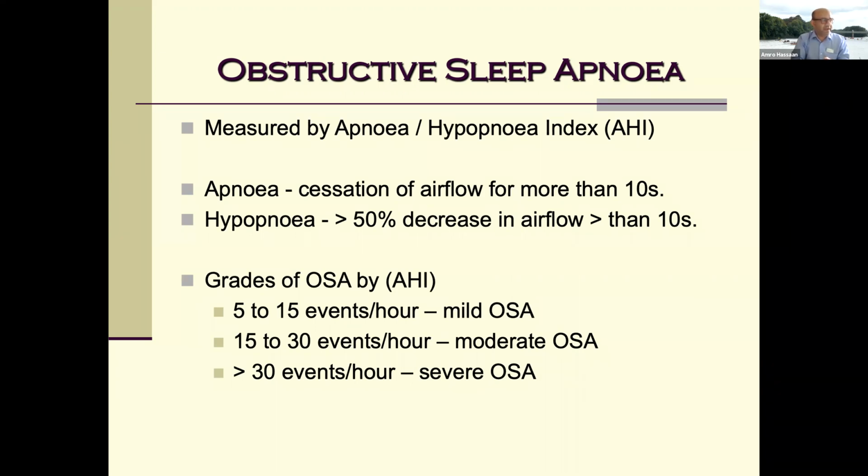The apnea-hypopnea index is measured in the number of times per hour. So if you're obstructing less than 5 times an hour, that's normal, apparently. From 5 to 15 per hour is termed mild, 15 to 30 moderate, and over 30 events per hour is severe. And we regularly see people obstructing 40, 50, 60, 80, 100 times an hour. And if you just do the maths in your head, that's once every minute there is 10 seconds where you're not breathing.